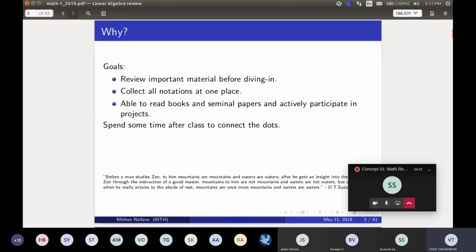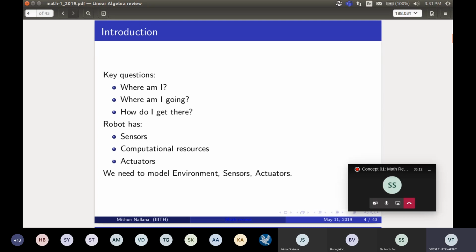Why we are doing the math sessions is that we need to review all the important material before we go into the main material. If you are reading papers related to robotics, you need to understand the equations there, at least what to look for while doing a Google search, or if you are referring to math related content like a course or a textbook. You need to understand that this problem can be formulated in this particular method. So in that way, this is very important.